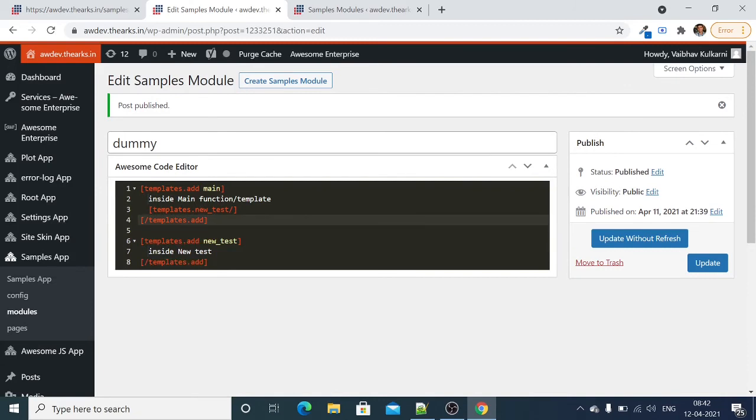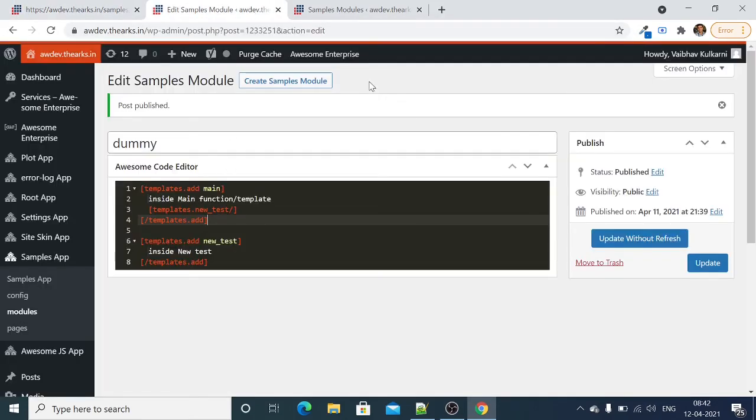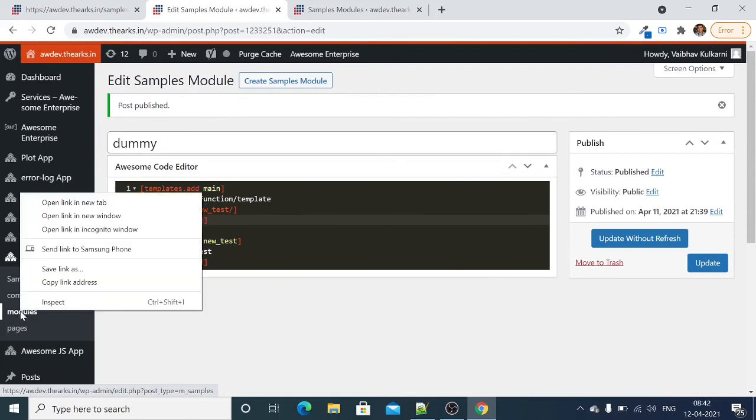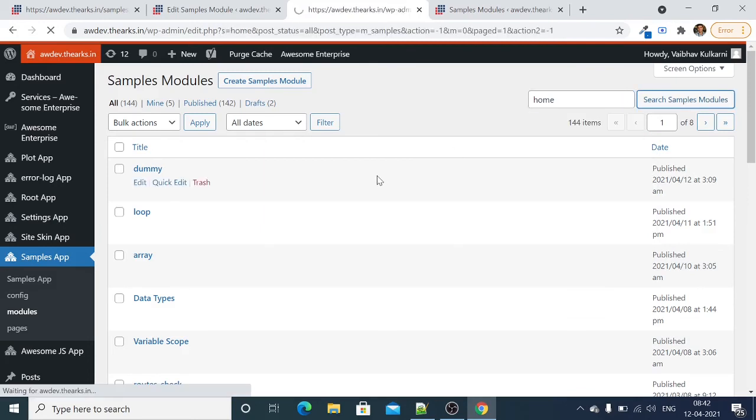So going next, we'll check what happens if we didn't mention the module name, then it considers the module home, or it will call the module home by default.